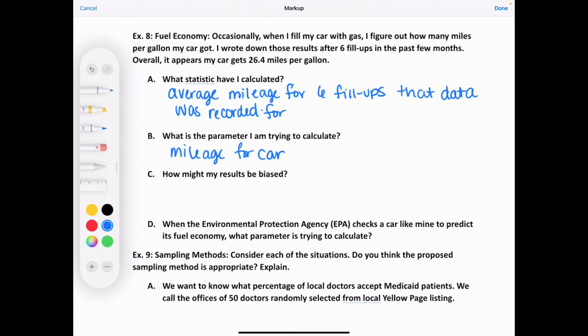How might results be biased? You might be dumb and write down the wrong answer. That's not bias. That's just stupidity. Well,